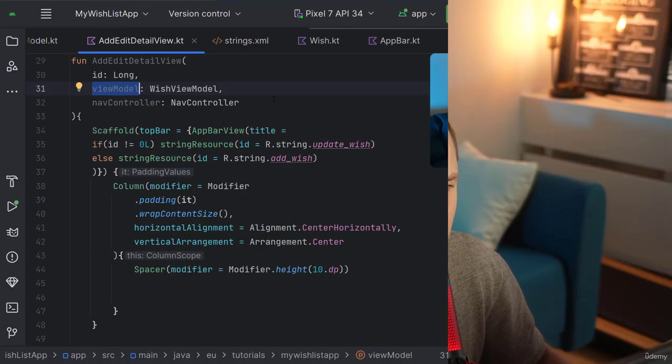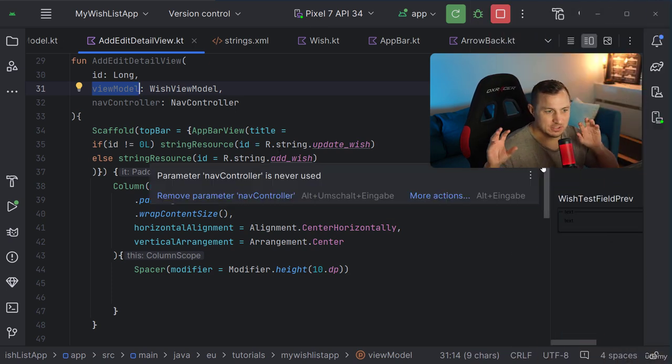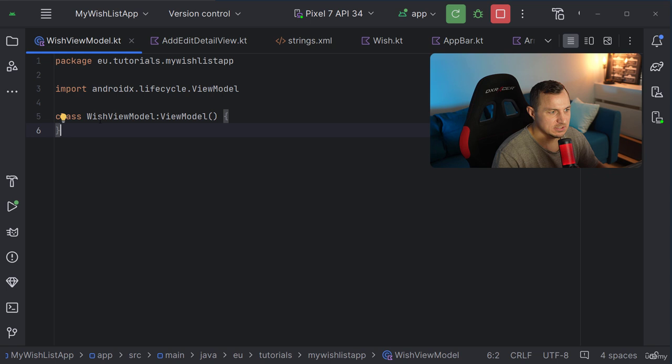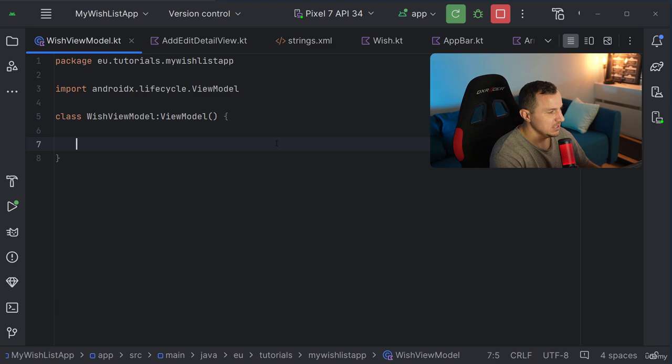Welcome back. In this video, we're going to prepare our view model so that we can use it in our detail view screen, even though we are not going to finalize the view model yet, because the view model obviously will need to take care of a bunch of things. Basically it's going to take our wish repository, which allows us to store data, load data, get data, edit data, all of the good stuff. So what we want to have in here for now, however, is going to be the